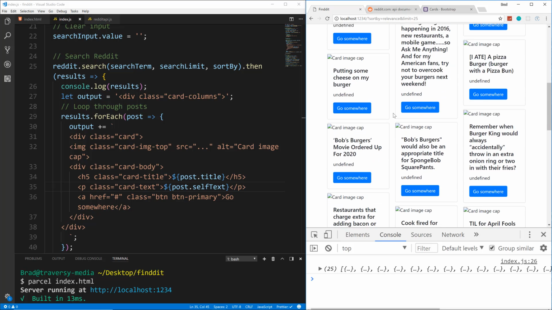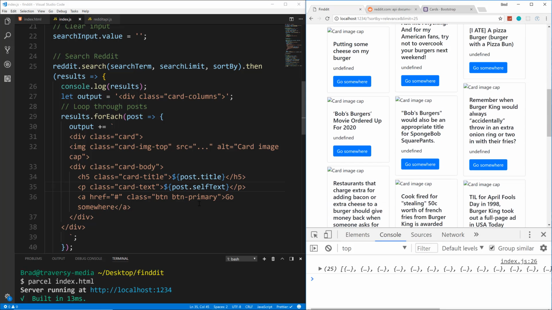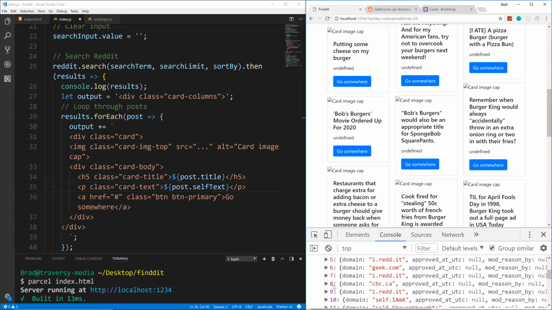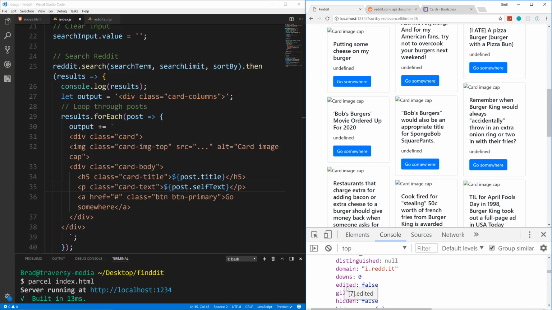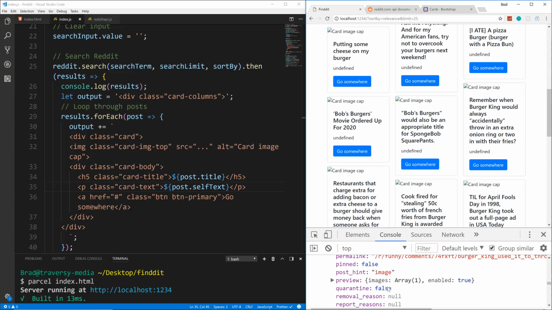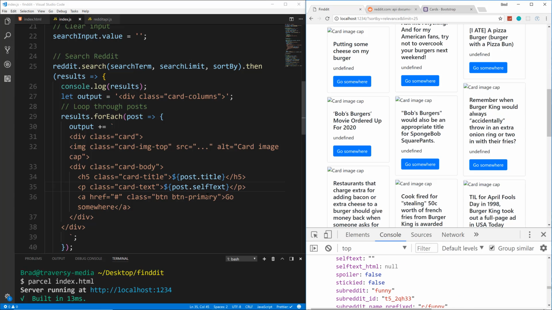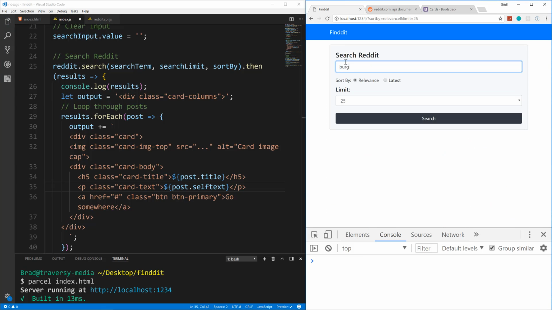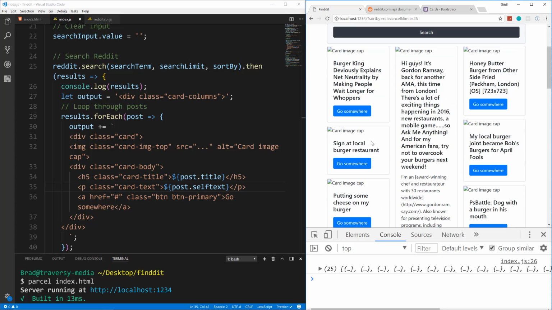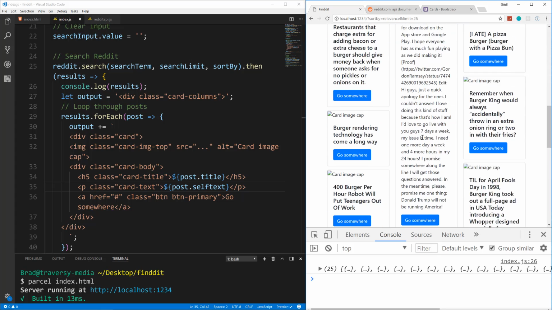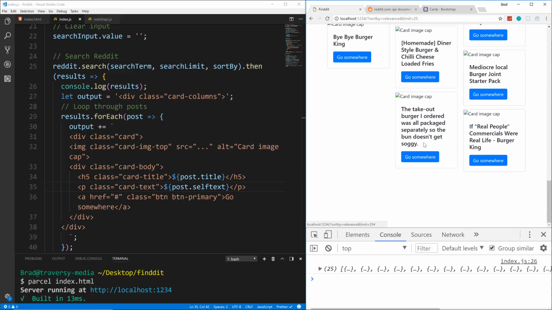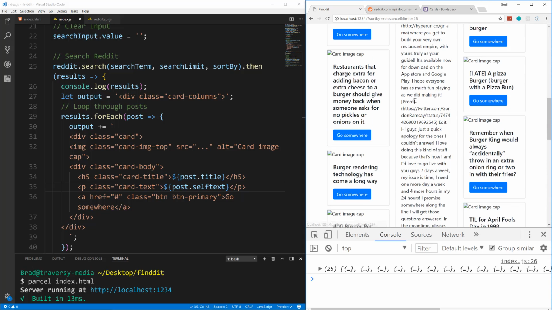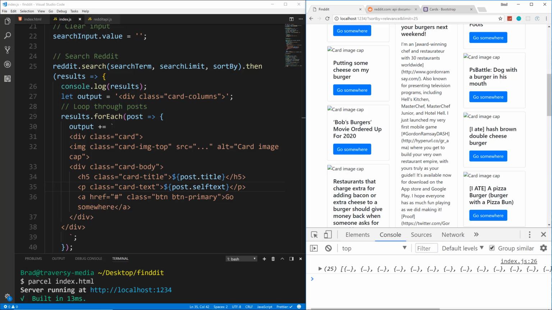Okay, now undefined, why? It shouldn't be undefined. Oh, I put a capital T here. It's all lowercase. Okay, so now this is the selftext. Notice how long some of them are. Actually, there's only one that has it, and it's really long. So I want to create a